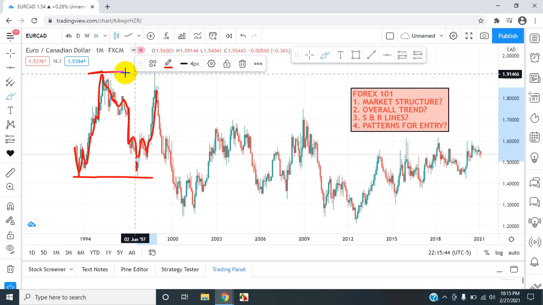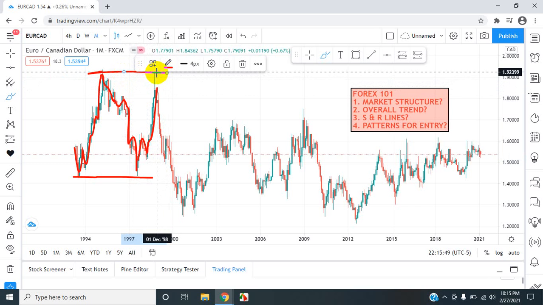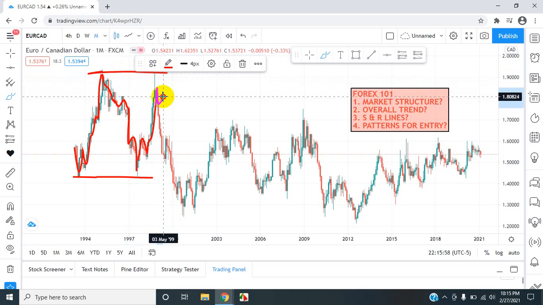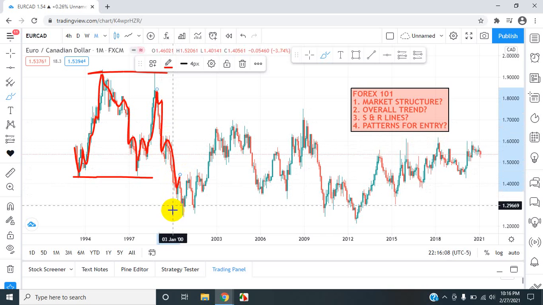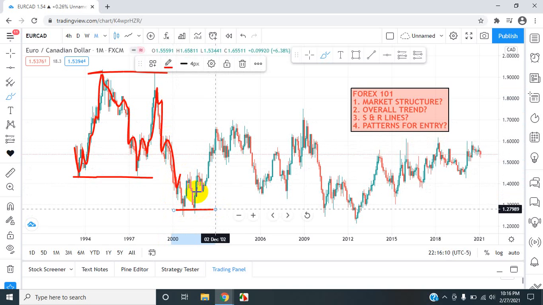So this long wick right here actually went back and touched. So it went back up to higher highs. The market closed out here. It wasn't able to push up further, so the market retested previous areas of resistance to see if it could push up higher. It wasn't able to push, so the market went right back down. Okay, so when the market went right back down, it created new areas of support right here, and I see